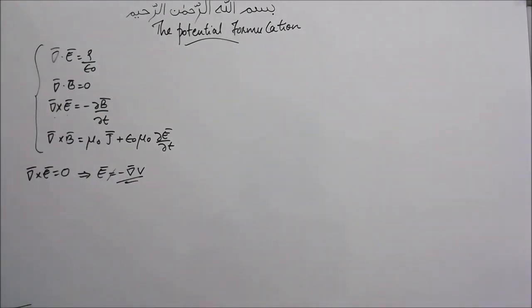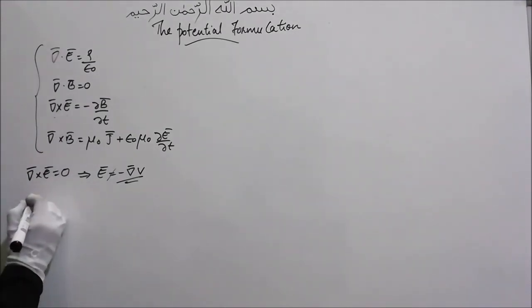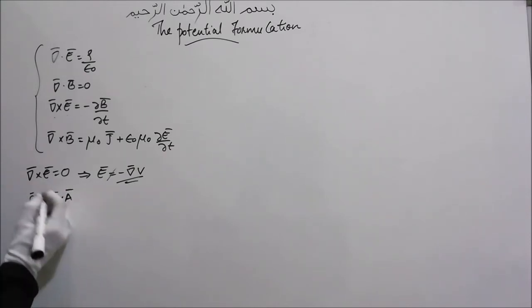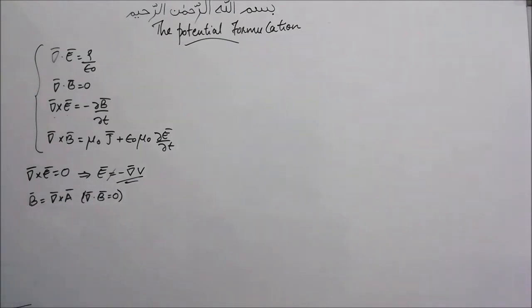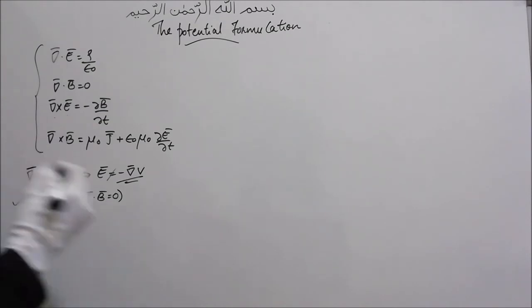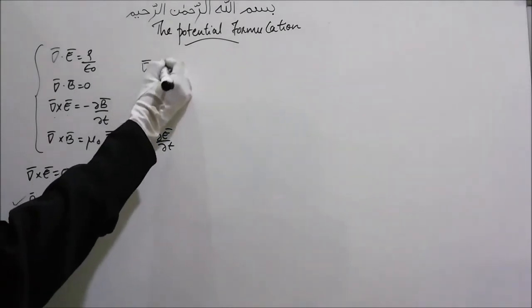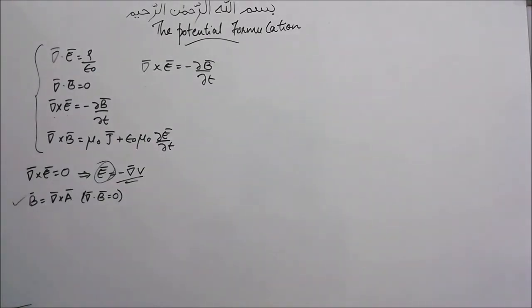But del dot B is 0 here, just like in magnetostatics, and there we got B is equal to del cross A, right? We got this when del dot B is equal to 0. Here also del dot B is 0, so here B is equal to del cross A. This is right. As in magnetostatics, we have the same thing here also in electrodynamics. But what about this E now? To get E, consider this equation: del cross E is equal to minus del B by del t. You understood what I am trying to say, right?